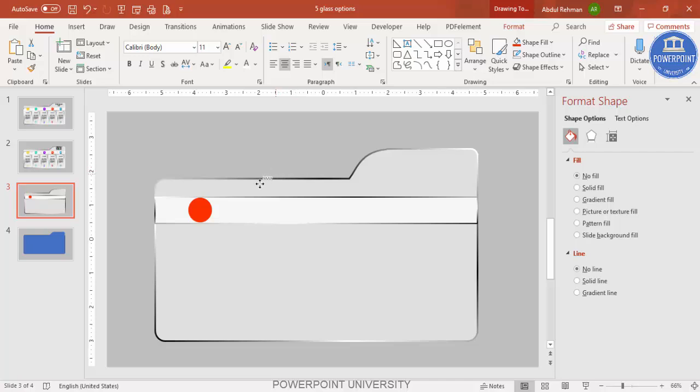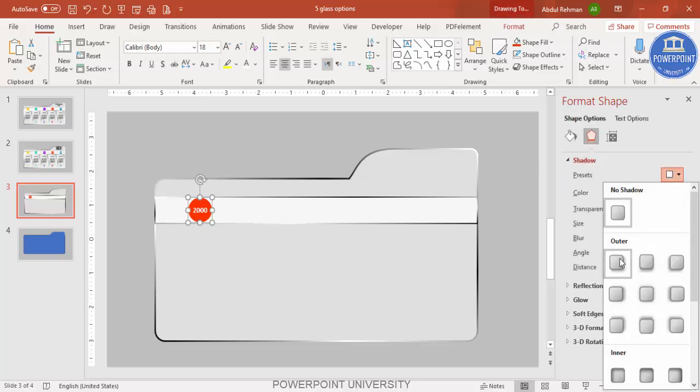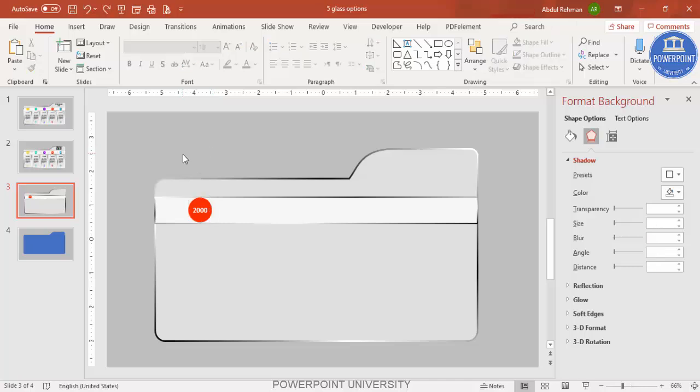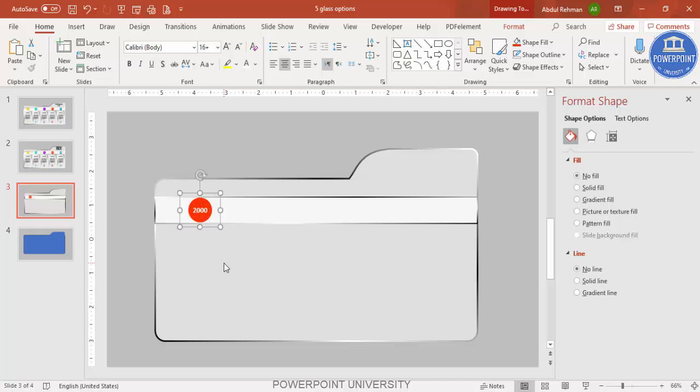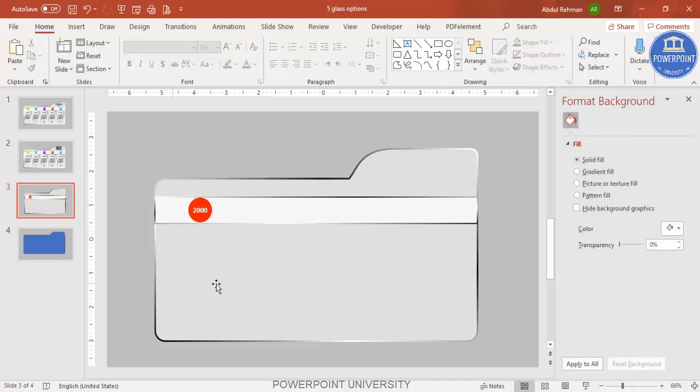You can see here I'm just going to add it here. Let me just increase the size a little bit, and I can make it bold also. Then I'm going to select this, or I can give some shadow effect also. If you want you can give some shadow effect if you like, otherwise no shadow effect also works well. So I'm just going to select this, press Ctrl G, Ctrl D to duplicate. So I'm just going to add here. Before adding this one, let me just add the rectangle here, then I can copy it once.